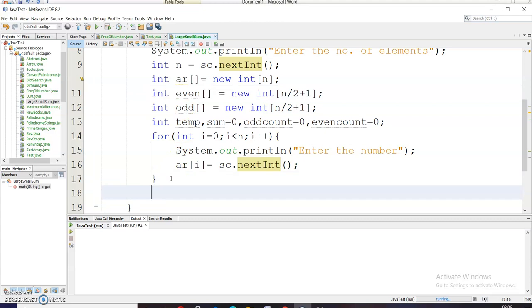So after this for loop, I will again use the integer i. This is a local variable, that's why I can use it multiple times: for i less than array.length, i++.